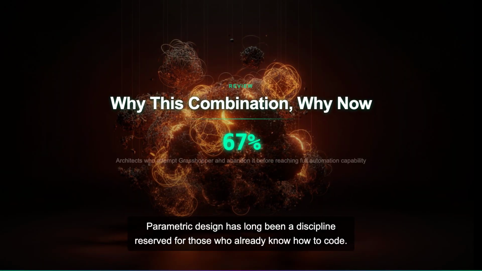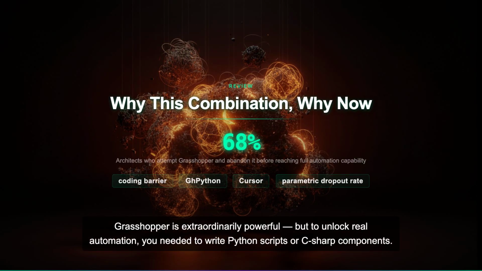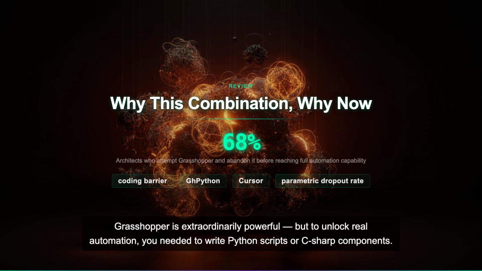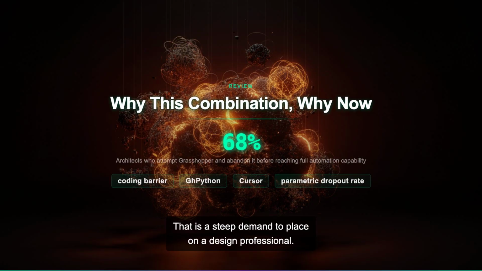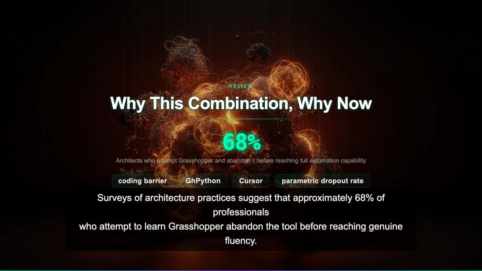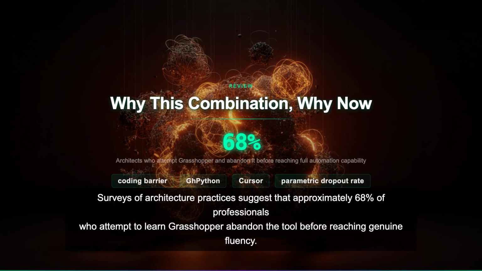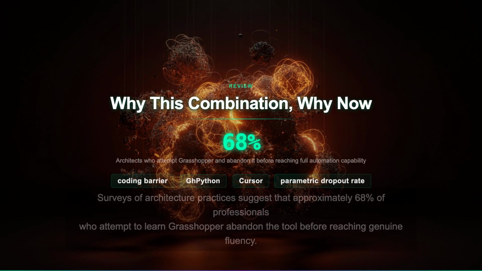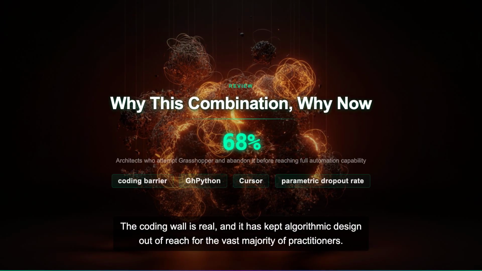Parametric design has long been a discipline reserved for those who already know how to code. Grasshopper is extraordinarily powerful, but to unlock real automation, you needed to write Python scripts or C# components. That is a steep demand to place on a design professional. Surveys of architecture practices suggest that approximately 68% of professionals who attempt to learn Grasshopper abandon the tool before reaching genuine fluency. The coding wall is real, and it has kept algorithmic design out of reach for the vast majority